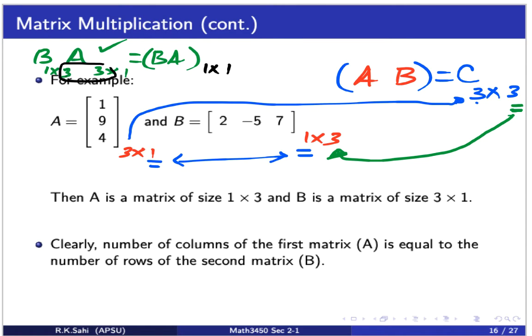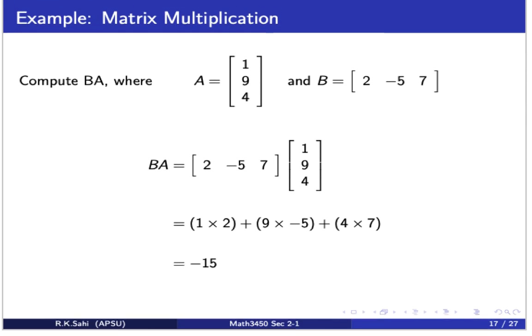Okay, let's start with B times A. Let's look at B times A. A is the matrix 1, 9, 4. B is the matrix 2, minus 5, 7. So the first thing we do is write these matrices as they're given and in the order they are coming in. Now we know B times A is possible, and this new matrix, say D, is of the size